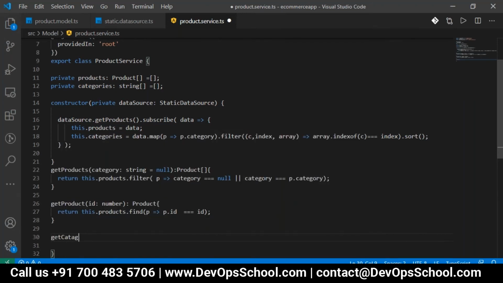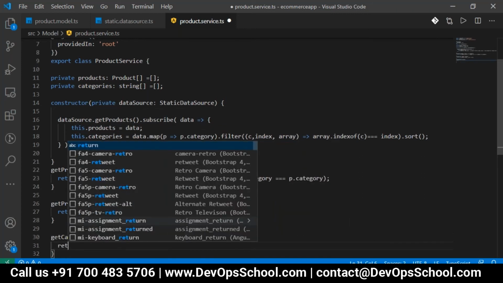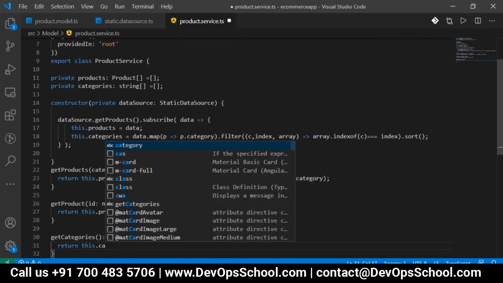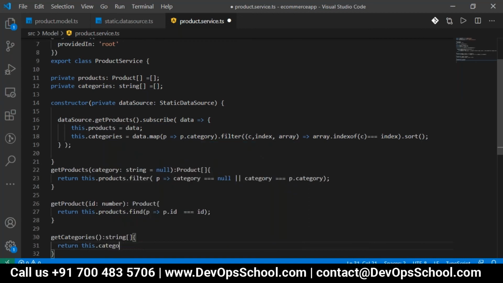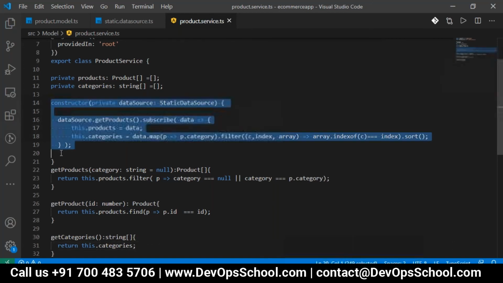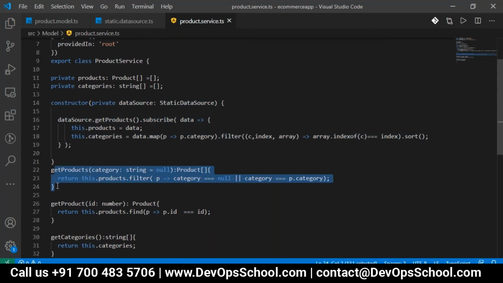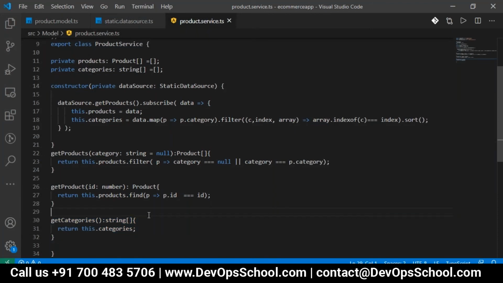So we can take getCategories, which will return a string array, which will return this.categories. So the constructor will get the whole data, and then getProducts will get the products based on the category, and the getProduct method will get a product by id, and this will return the whole list of categories. That is what my product service is now.